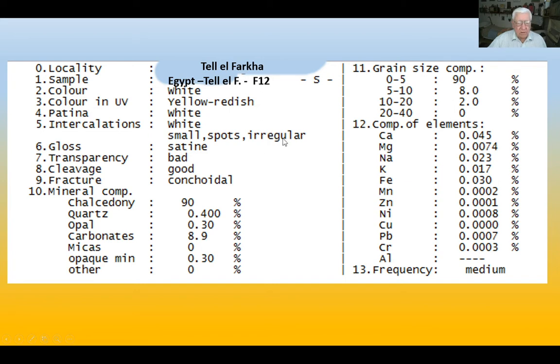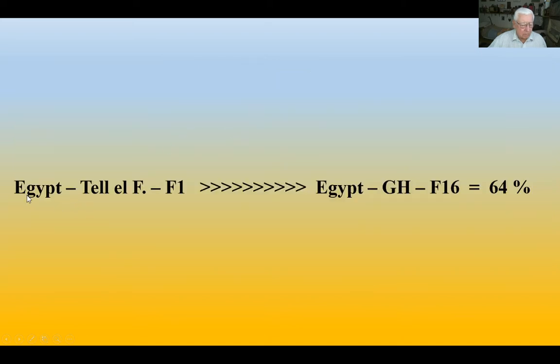Because of this, we are able to say if flint from this site is similar to flint from an outcrop, and what is the degree of similarity. In this program, data are introduced using a special key, and next there is a chance to make comparison of materials from sites, between sites, and between site and outcrops, etc. And for example, we obtain similarity. For example, flint number 1 from Tel El Farha, Egypt, and flint from Jebel Hashab, Egypt. The similarity of these two flints, flint modification 16 and flint number 1,